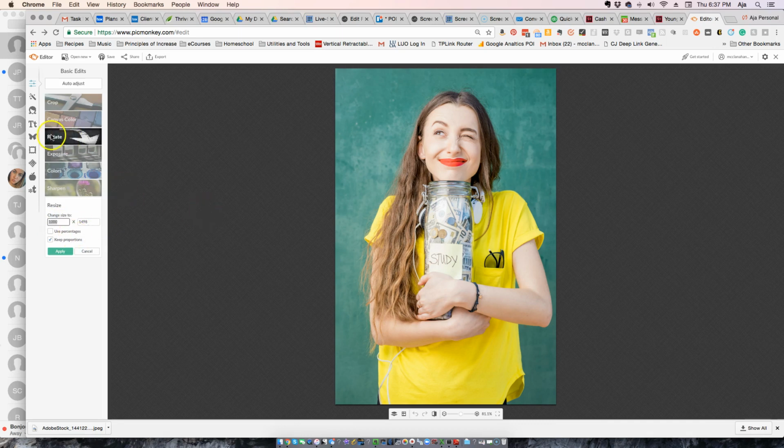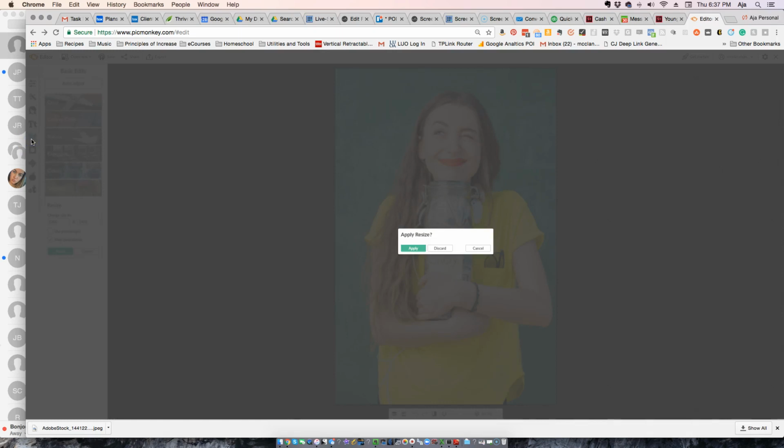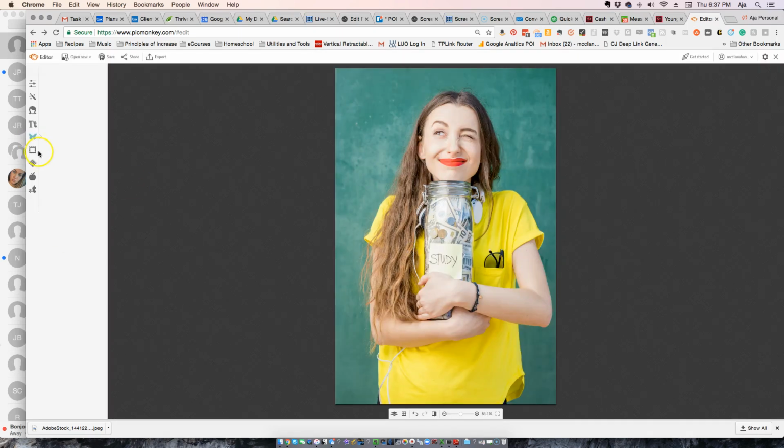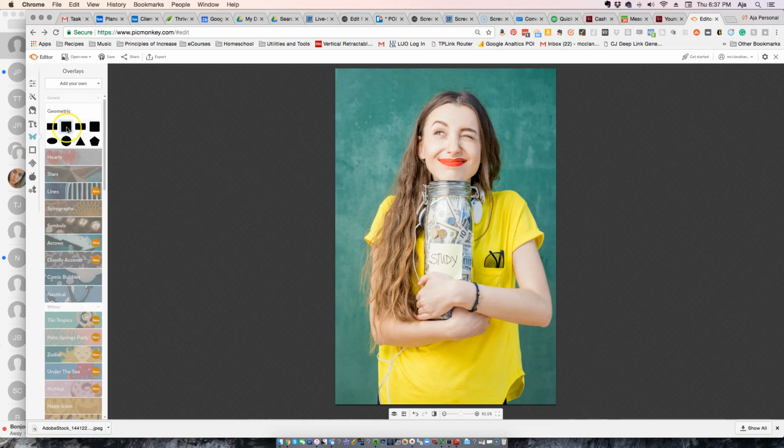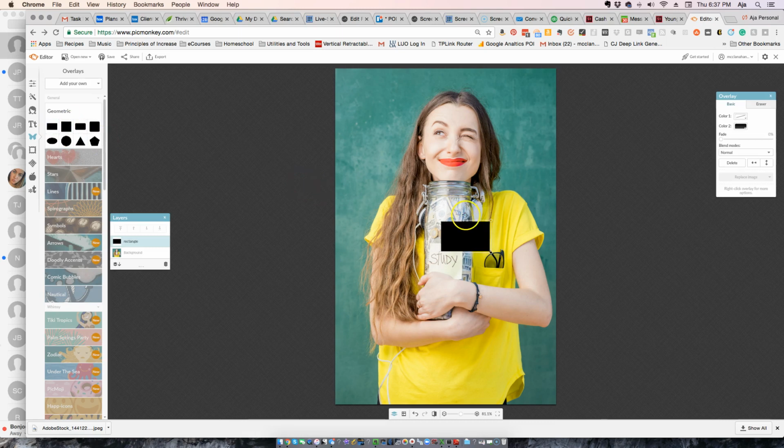So the next thing I'm going to do is an overlay. Oh, sorry, apply the resize. I'm going to do a rectangular overlay, so I'm going to go to geometric. Here's the rectangle. And then I am going to do a rectangle that's vertical. And I think that's level. I can't really tell, but